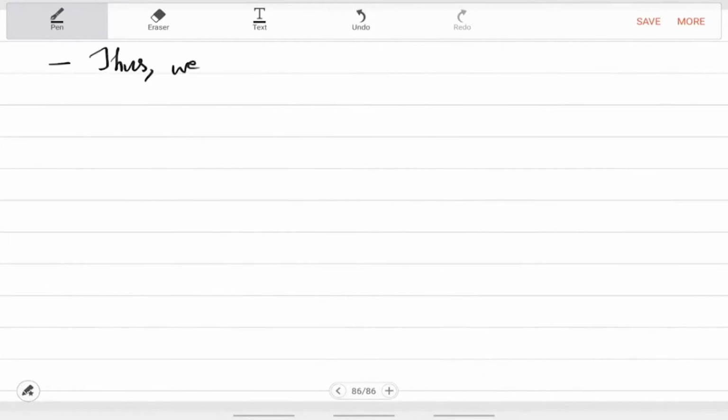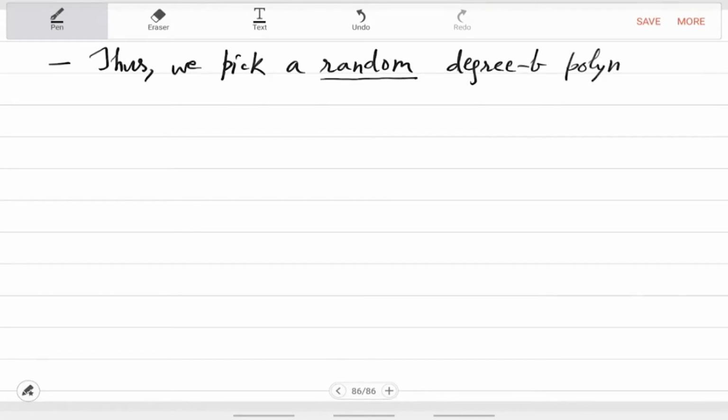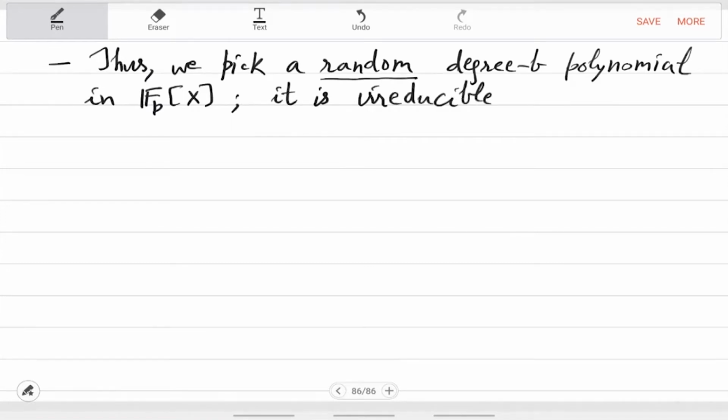Thus, we pick a random degree b polynomial and it is irreducible with probability